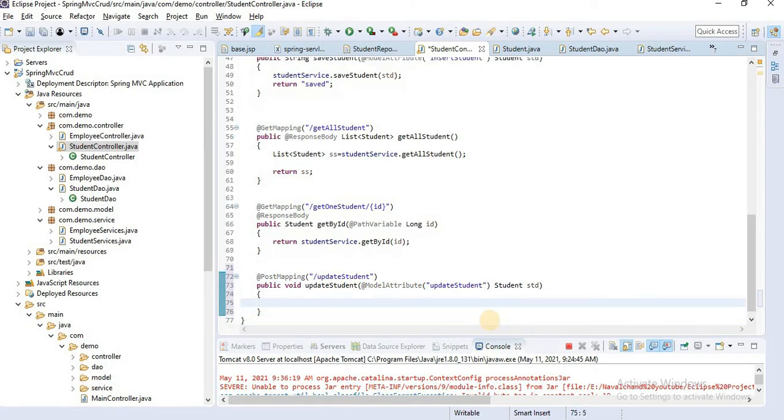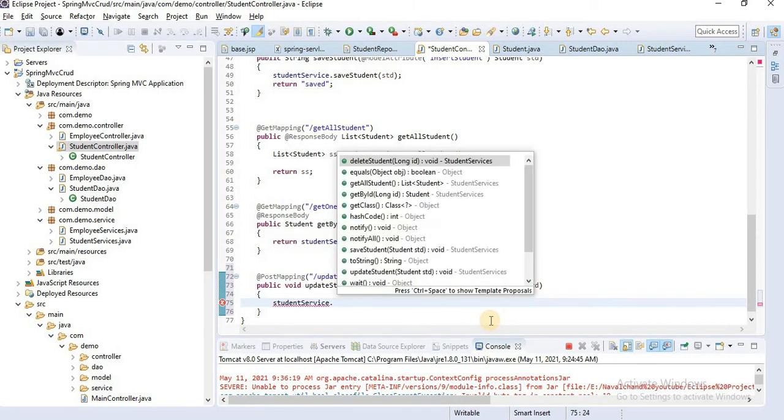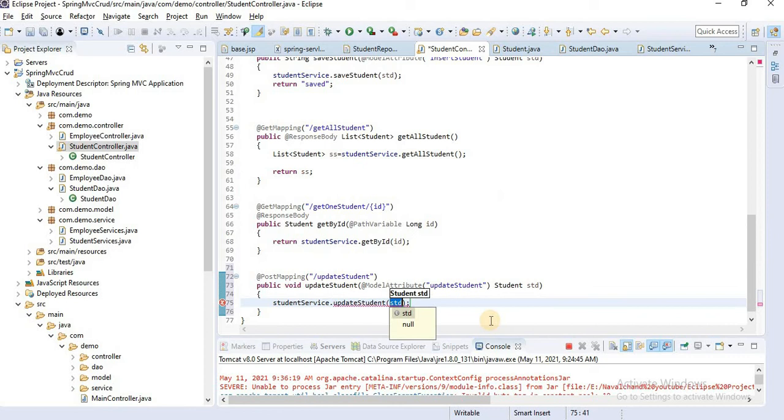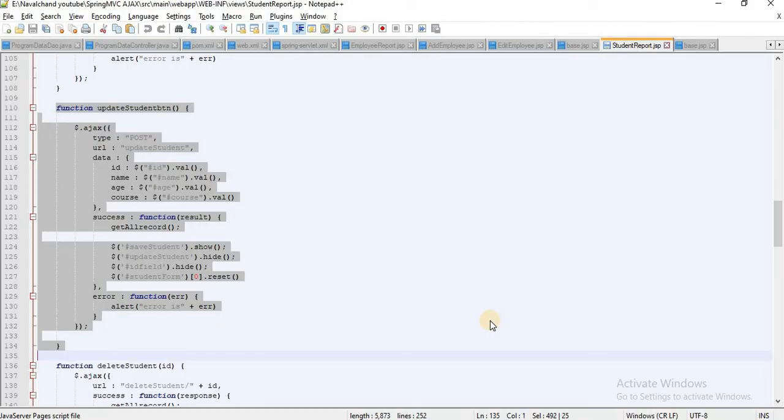And I'll simply pass here, using student service dot update student, and pass std. This is for update student.